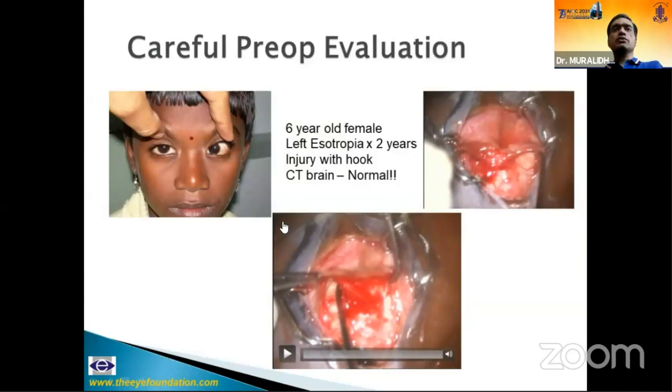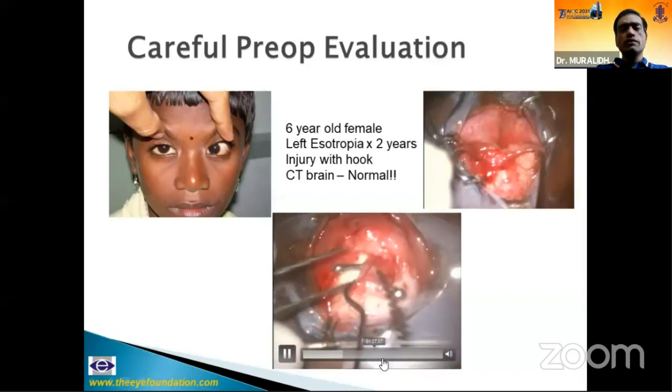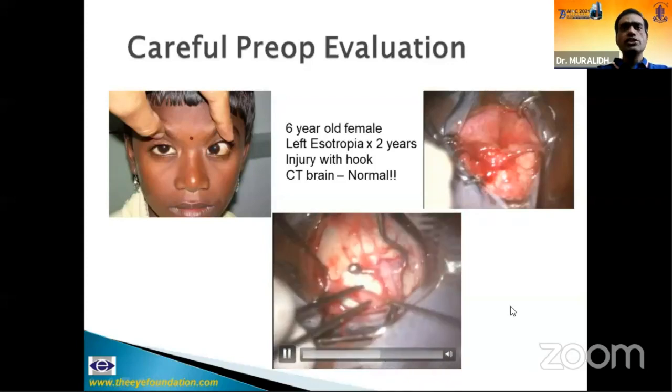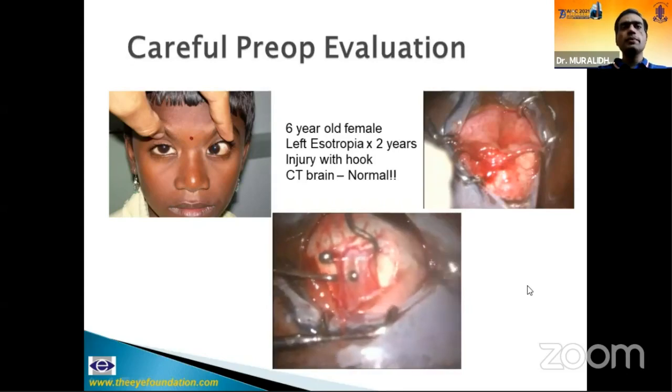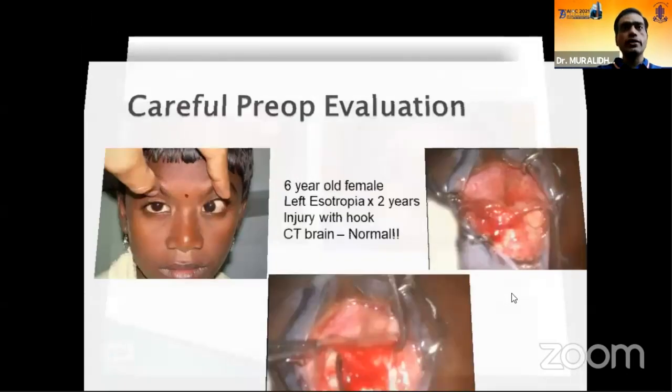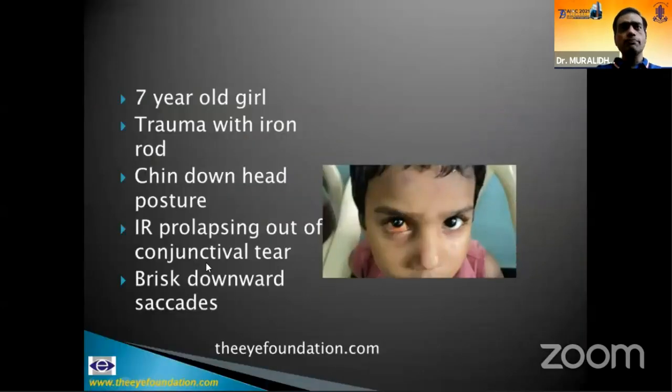Pay very careful attention to the history, the mode of onset of strabismus. So it was recorded that this patient developed strabismus after head injury. So it was not actually head injury. She was traveling in a bullock cart and she sustained injury with a hook that was used to suspend a lantern. So that was a sharp injury, and this is the intraoperative photograph. If you see carefully, there is a scar over the lateral rectus. So it is a lateral rectus avulsion, and we couldn't retrieve the lateral rectus. So we did Hummelsheim's procedure. So it is useful. This should not come as an operative surprise. If you are careful in your preoperative evaluation, you would be ready for this kind of eventuality. So that was the pre and post-op.